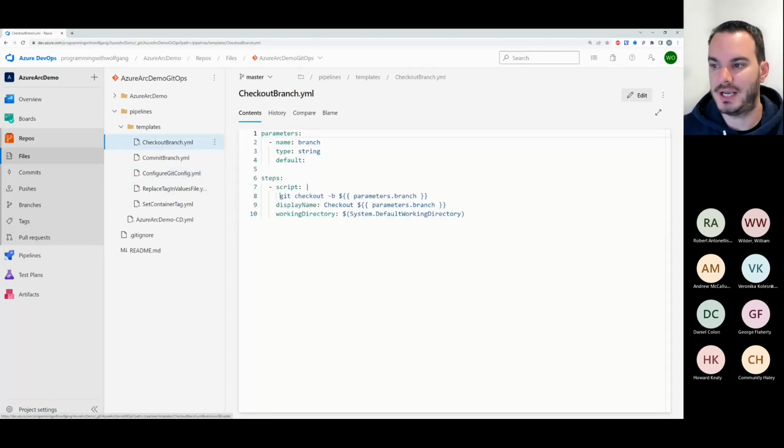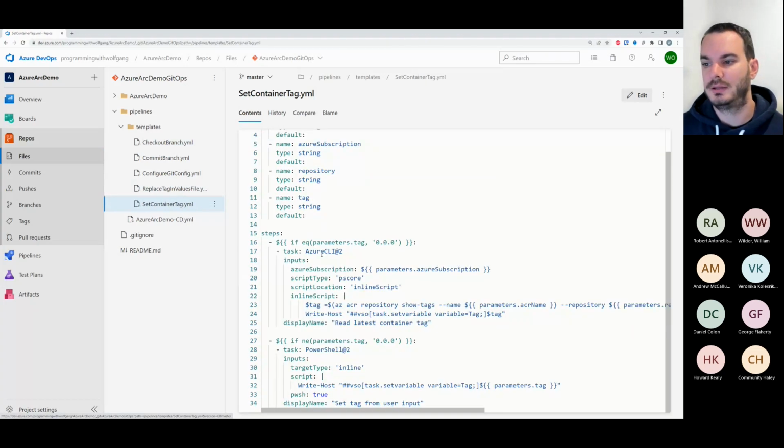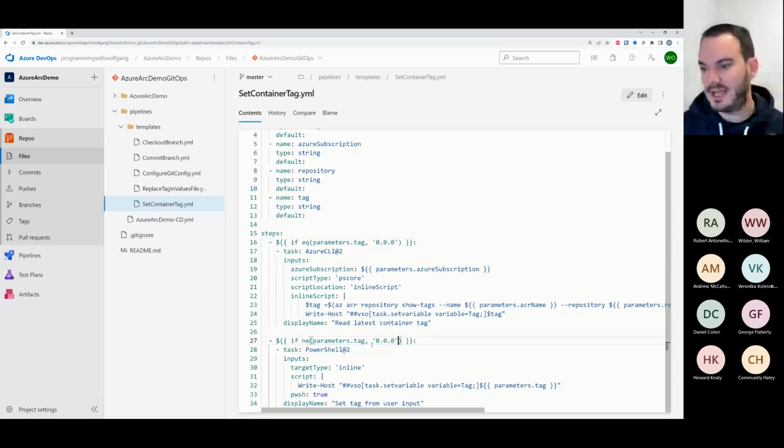The next step is we check out our branch. Then here we have the if. So if the parameter is set to 3 times 0, we go with the Azure CLI to the Azure Container Registry and read the newest tag and write it into the variable tag. Or if it's not equal to 3 times 0, then